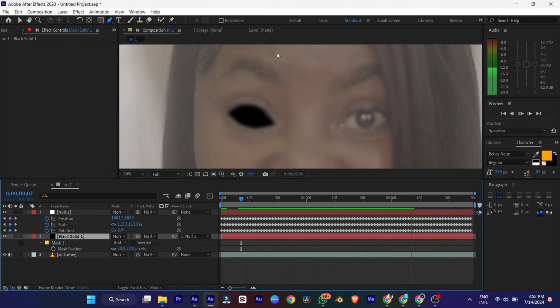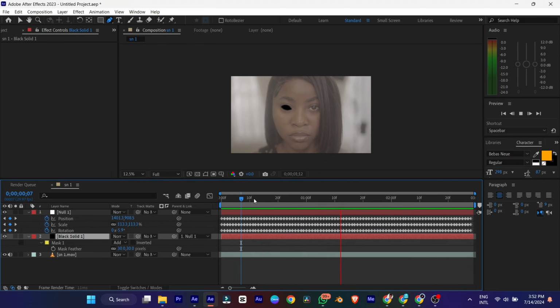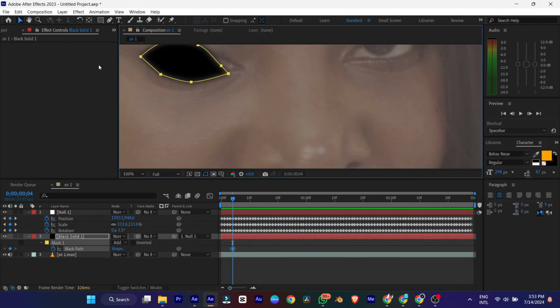I just need to spice up, perfect the mask. I need to perfect the mask now. I'm trying to make this fast. Make sure you perfect your mask. Adjust the feather,